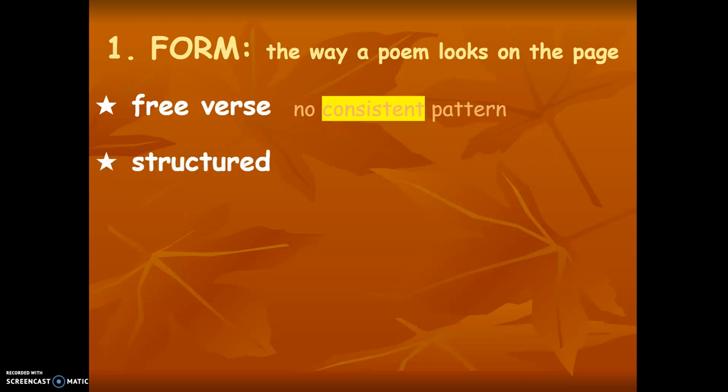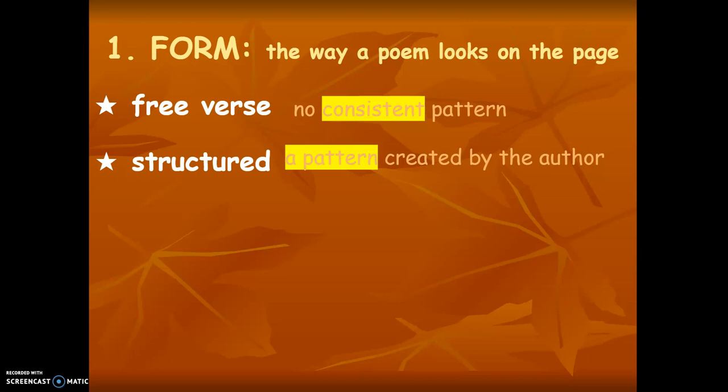To make a poem structured, I feel like it takes a little bit more work, because you have to organize some information. You've got to think about, what pattern do I want? Do I want a rhyme pattern? Do I want a pattern with the number of words within each line? Do I want a pattern that has a number of syllables per line? Maybe a number of lines per stanza. And so there's lots of different ways that we can look at patterns.